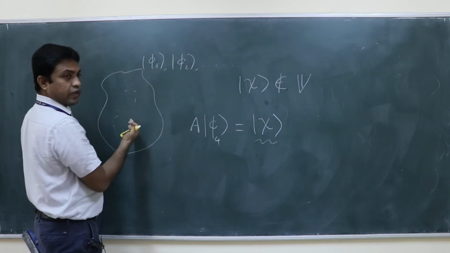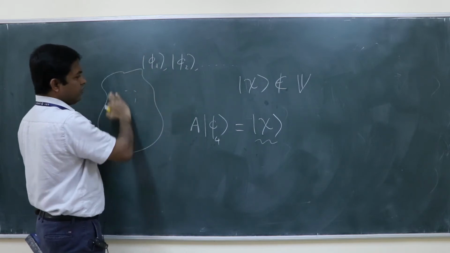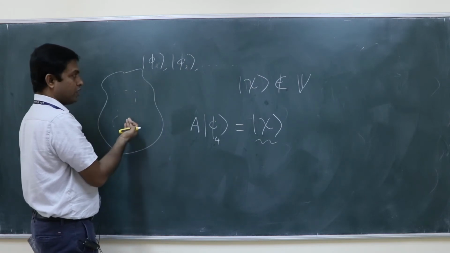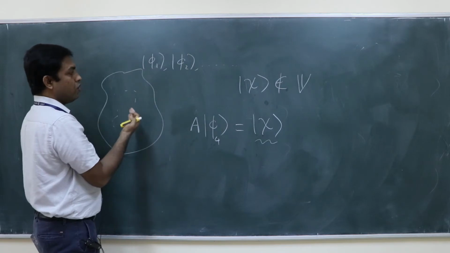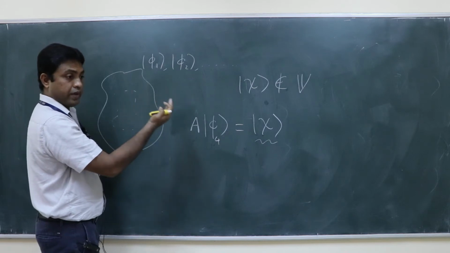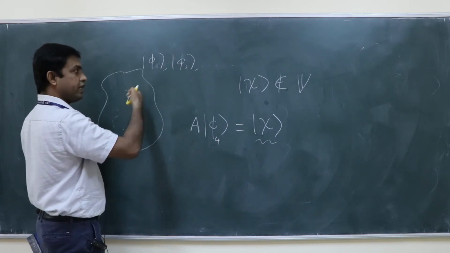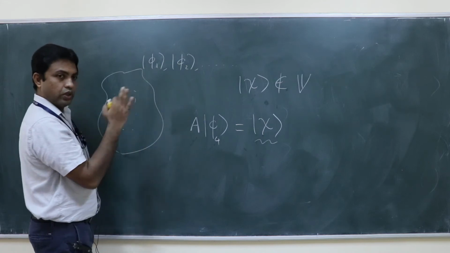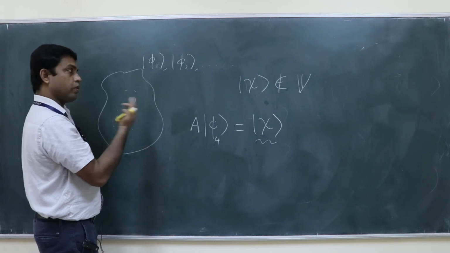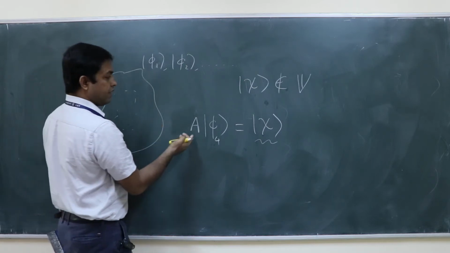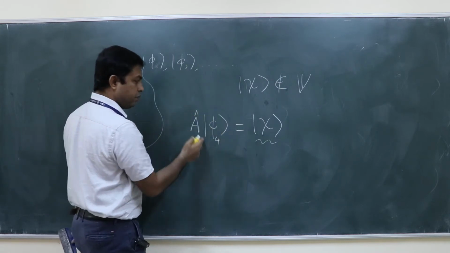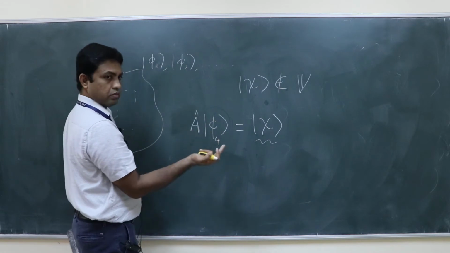So there are so many basis vectors also. I am considering any vector you take in this. That vector may be one of the basis vectors in one of the bases, or it may be a general vector. If it is any other general vector which is not a part of a basis, you can write it in terms of the basis. That is not any problem. But you take any vector in this, it may be a basis vector or may not be. And under the action of the operator on that particular vector, this can be a basis or not a basis.